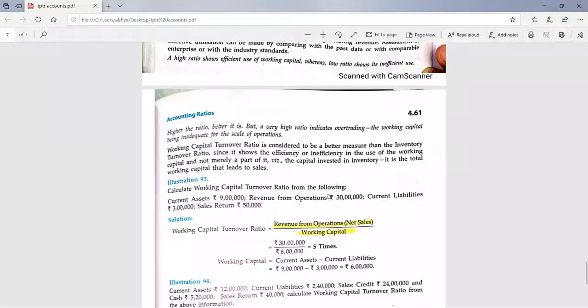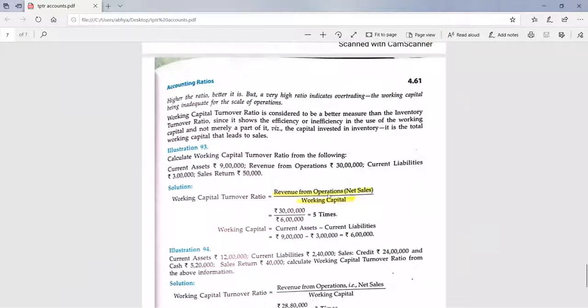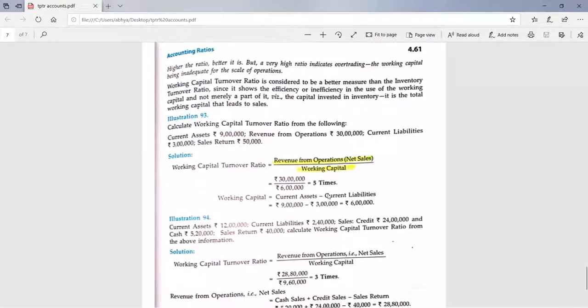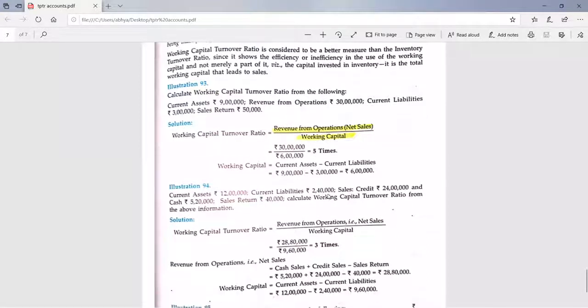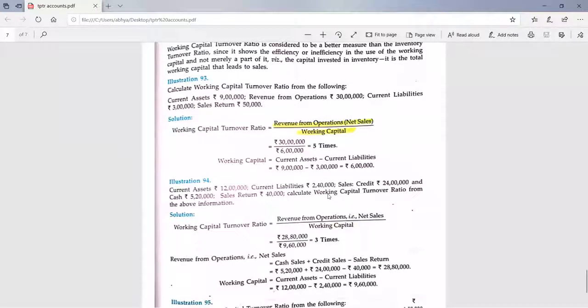Yes, which ratio? That I told you, trade payable turnover ratios. Yes, Anmol is asking why cost of RFO from operations can be taken in place of RFO. Sometimes in a question, like I told you earlier, opening stock or opening debtors are not given, so we are not able to find the average. In such questions, we need not calculate the average. We can do the solution just with the given figure.